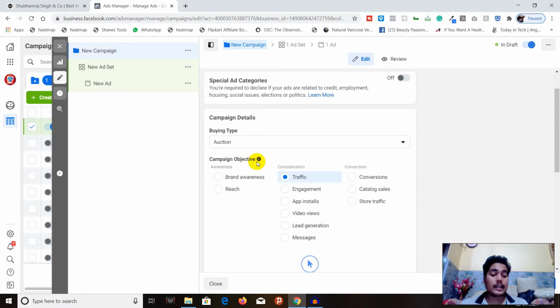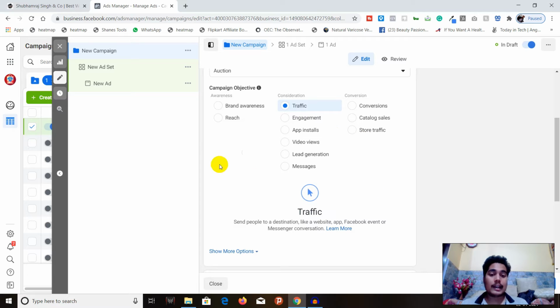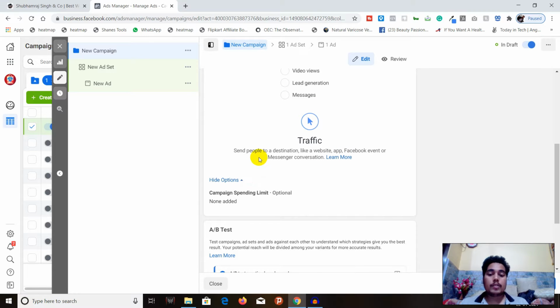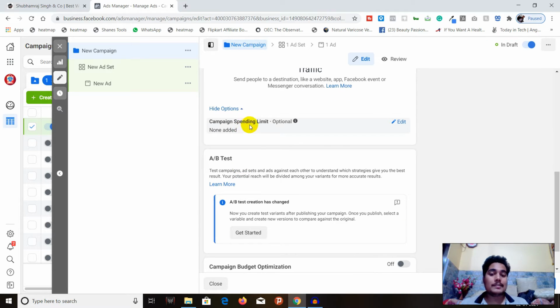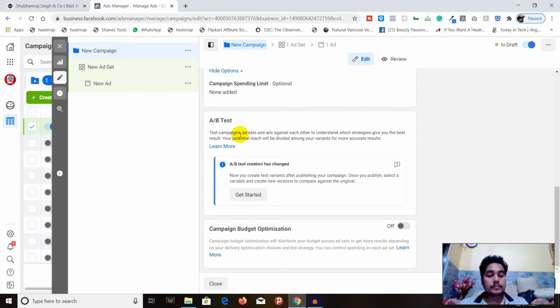The second thing is the campaign objective. You can select any campaign objective, right from brand awareness to store traffic, depending on your needs. In the show more option, you can set a campaign spending limit as well. You can also do A/B test campaigns, ad sets and ads against each other to understand which strategies give you the best result.